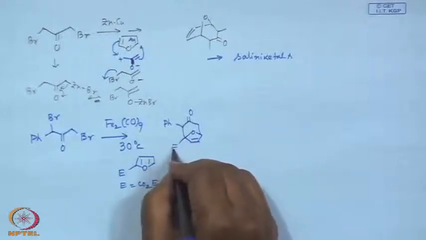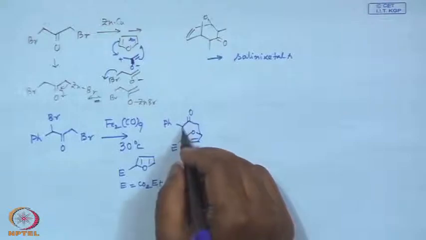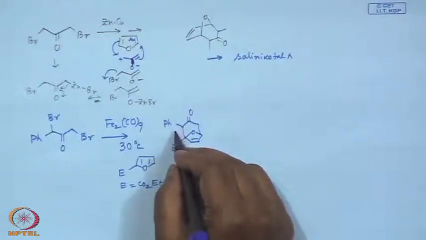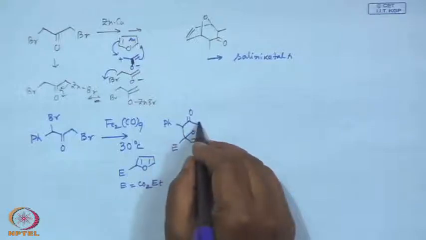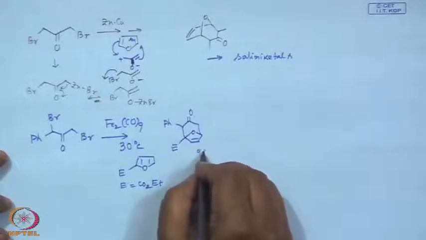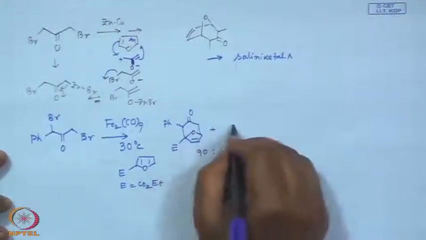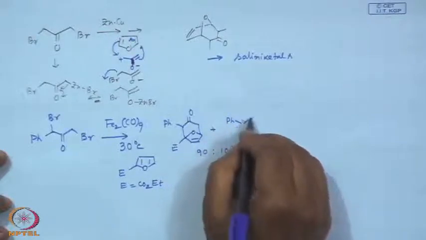In this case, this is something you have to sit down and work out, that the alpha position of the phenyl gets the positive character and the other part gets the negative character. So, this one is produced in 90% and the other one is 10%, the other one meaning the other regioisomer,